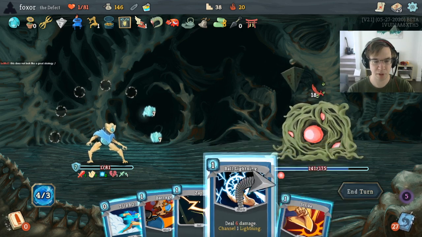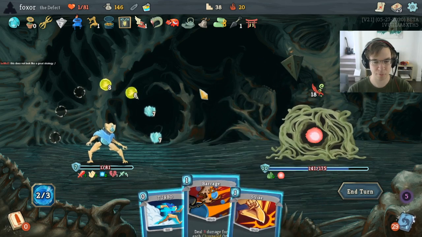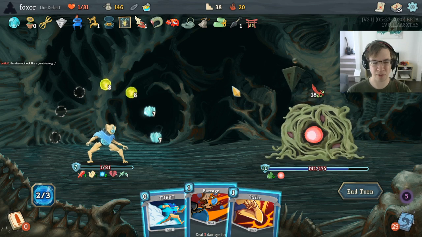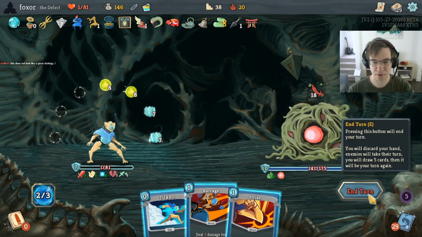We can Ball Lightning without splitting him, so let's do that. And Zap as well. Glacier does change his mind, and I think we probably don't want to change his mind. Yeah, because he's not currently killing us. He does debuff us again, which is irritating, but...